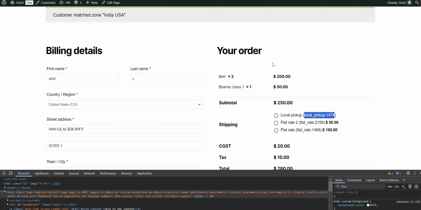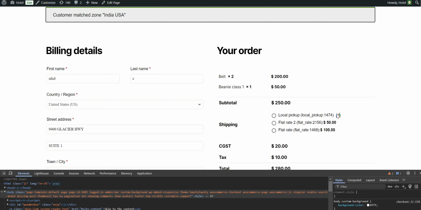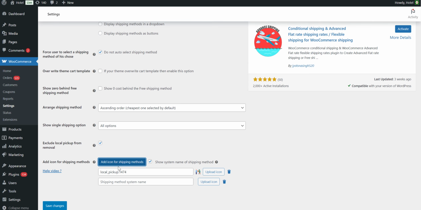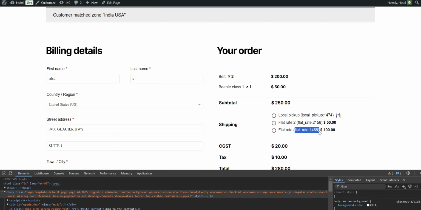now you can check the checkout page. You can see the icon is available. Likewise, you can add for the other shipping method. For example, for this,